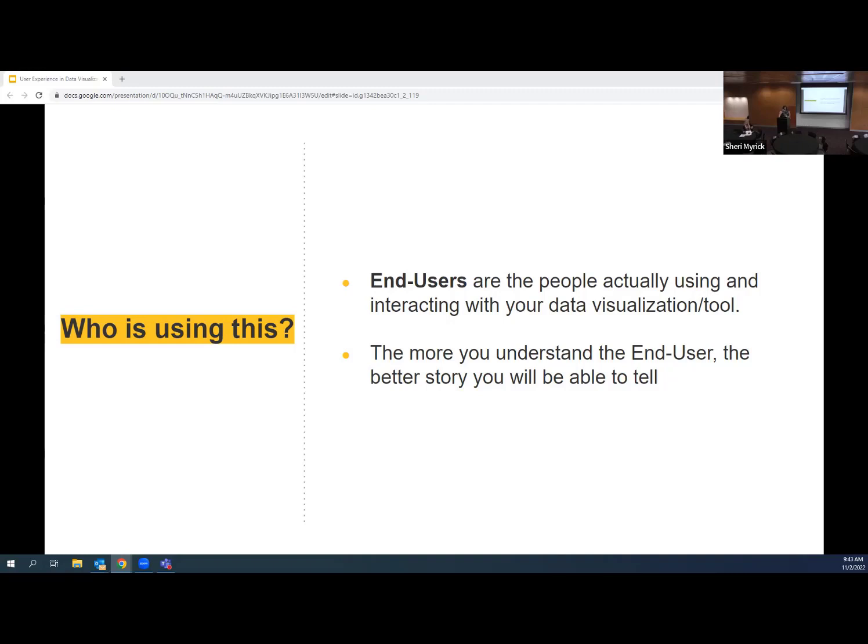Are they going to be doing a 7-screen presentation like we do at the Drum? Are they going to be using it on their mobile phones? Are they going to be using it through Tableau Public? Are they going to be using it through the web? All of these lead you to designing the best product possible.